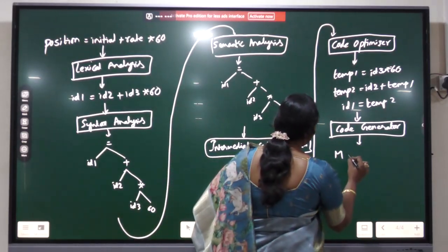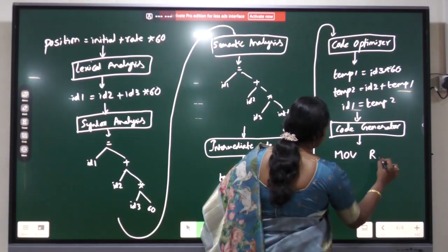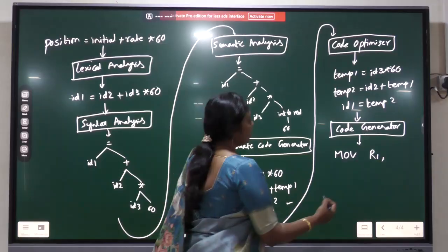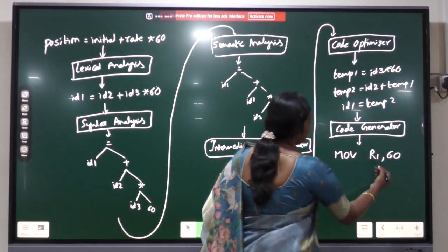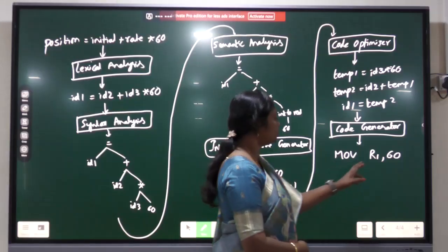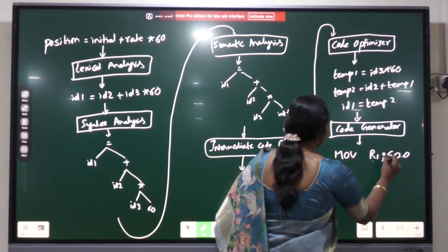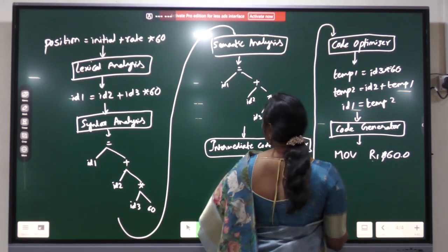Now this code generator will convert these lines of code into an assembly level programming language. So how to do it? First of all, we need to assign the 60 value to register 1. So we are assigning this 60 to R1, and then next what you need to do, you need to